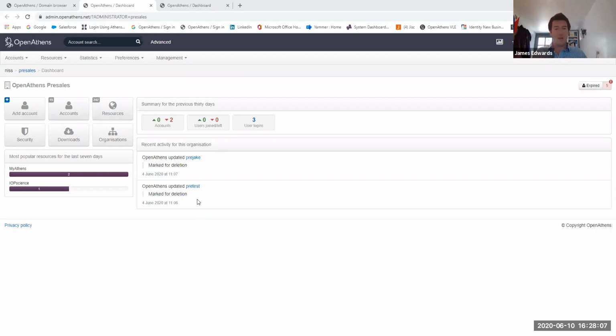So as OpenAthens goes, if you were to choose OpenAthens, there's a number of steps you're going to go through to get the account up and running. I'll guide you through these very briefly. There is an implementation specialist that will be applied to you and your account to help you through the setup process. I can share that all afterwards with our onboarding guide. You can find it online if you want to know the actual processes for setting up OpenAthens. But for now, I'm just going to show you the key parts of that.